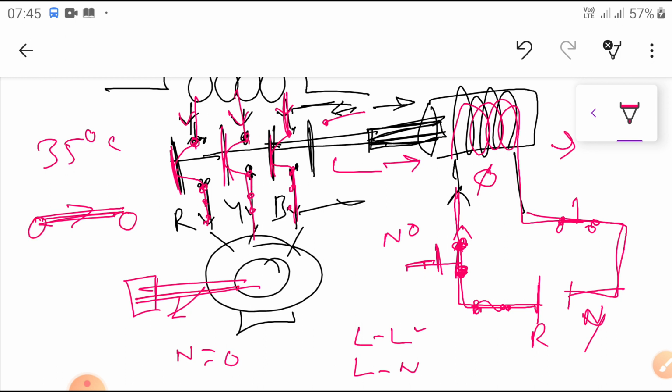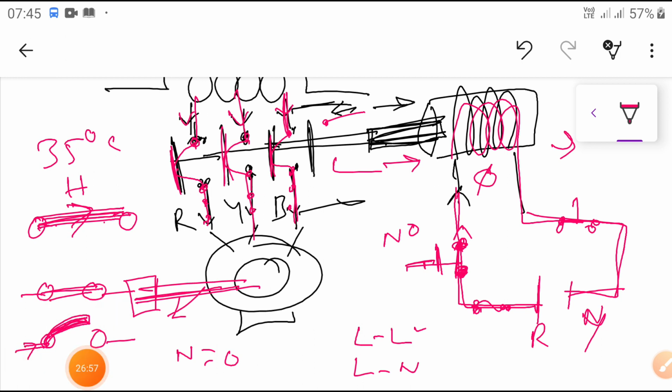If the motor is overloaded, it will draw more current. At that condition, more current is flowing through the bimetallic strip, and heat will take place. The heat is absorbed by the bimetallic strip, and automatically these contacts simply open. Under normal condition it is a closed condition. Once more current flows, more heat will develop. Due to the nature of the bimetallic strip, it bends, and if it bends, it automatically opens the circuit contacts.